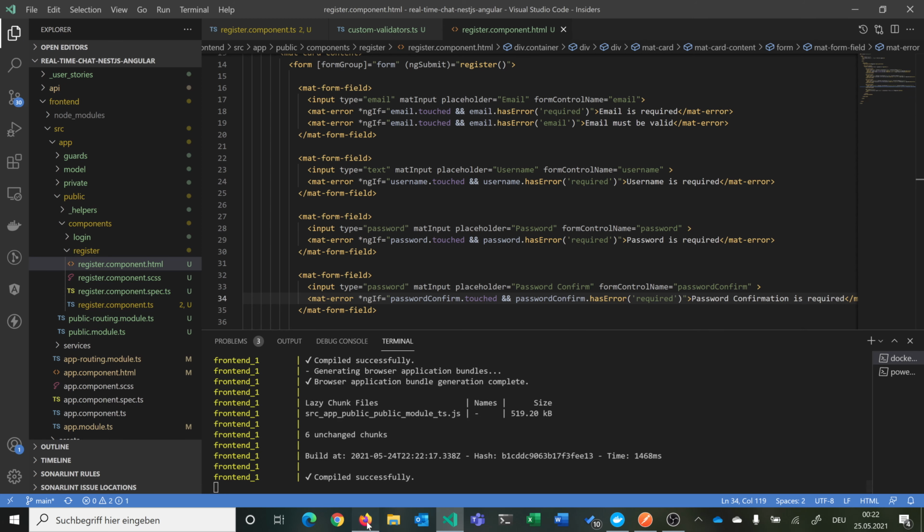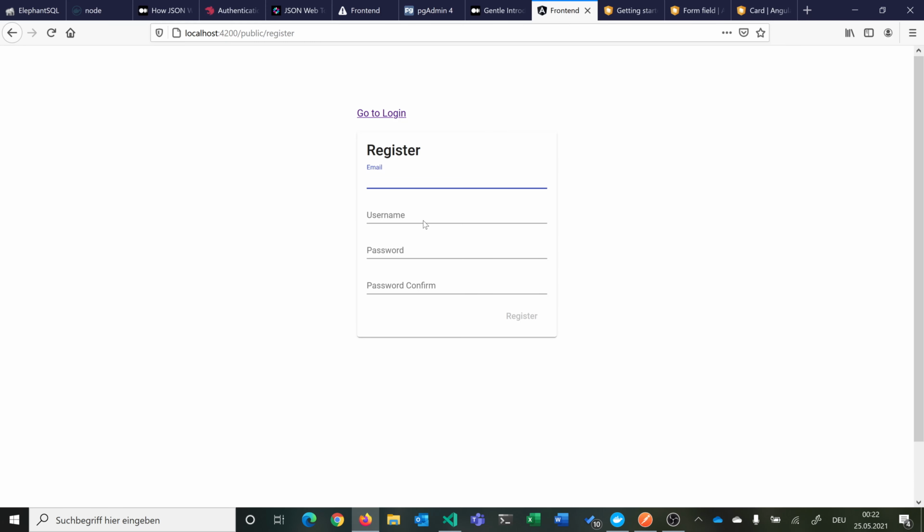Then we can have a quick look at it if everything seems fine. So we have here email. Now you see, before I'm clicking into it, nothing is displayed. But if I'm having an error, so not providing an email, then it gets the error. If I have a valid email, this seems fine. Then I have a username. I can check for password. So let's type in AAA. And if I type in here something different,